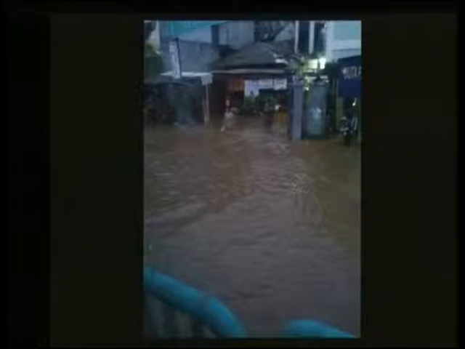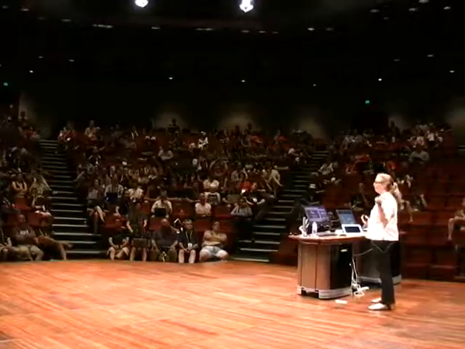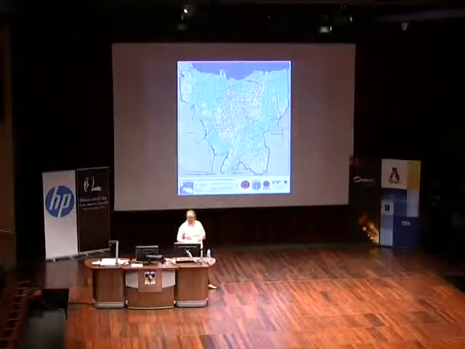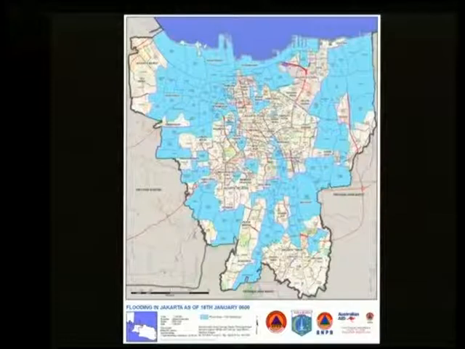So January last year, there was terrible flooding in Jakarta. This is a shot. Myself and my team, we were out of town giving a workshop on the other side of the country. And this is a shot from the bus, basically, trying to get home. And so the thing was, we had already done some mapping. We had collected all this data. And so the OpenStreetMap data was used as the base of the base maps used by the Disaster Management Agency, both the national and the provincial one, to share information about where the flooding had happened.